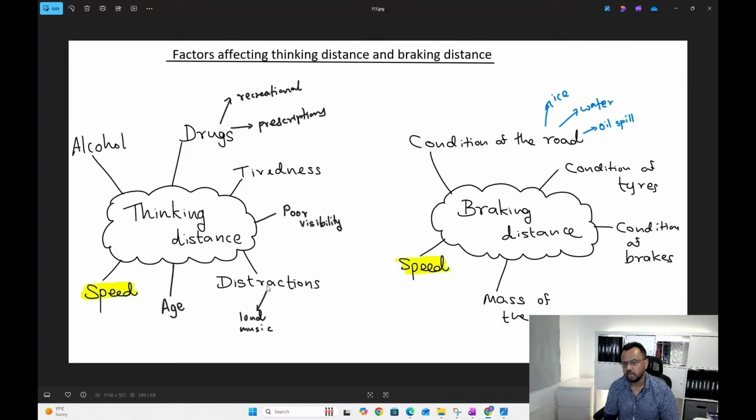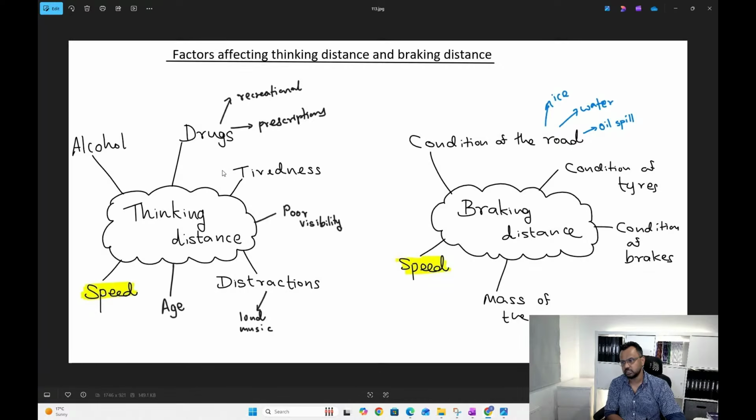Also the age. If someone is older, the person can be a little slow. I mean, it's just a general thing. If you think about it, say a person is 75 years old compared to that same person when he or she was 25, obviously the 75-year-old version is a bit slower. That's natural, right? Speed of the car as well. If you're going at 70 miles per hour on a motorway, then it's going to take longer. So all of these things are the factors affecting thinking distance.